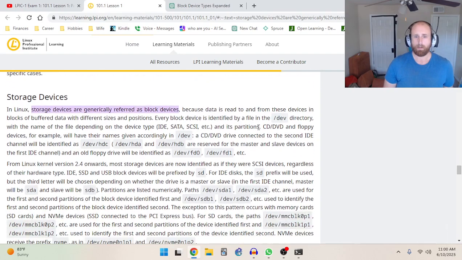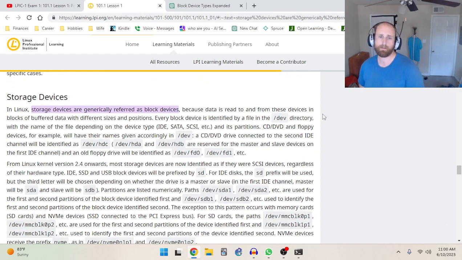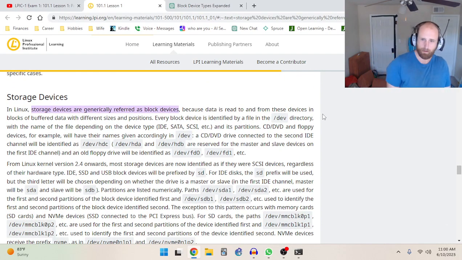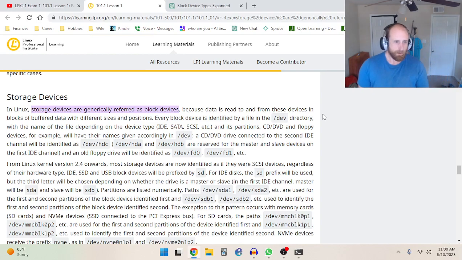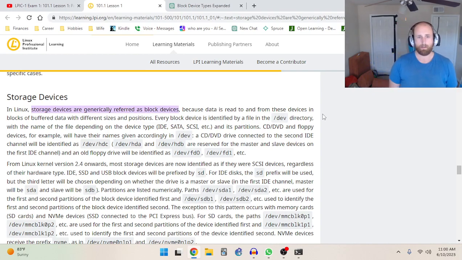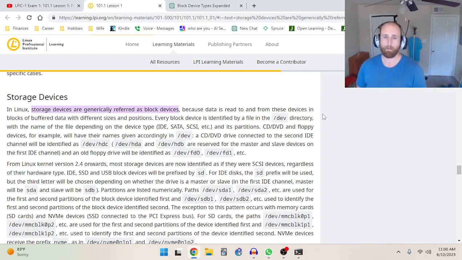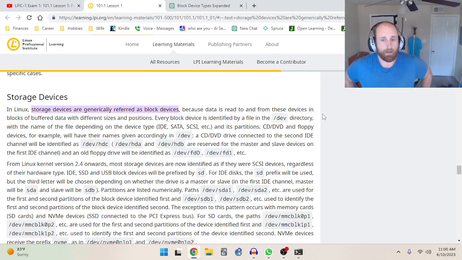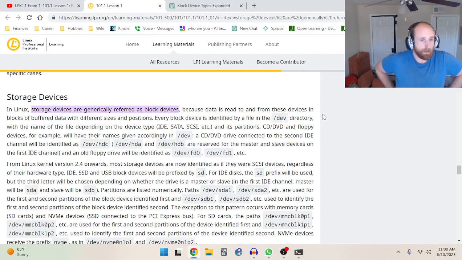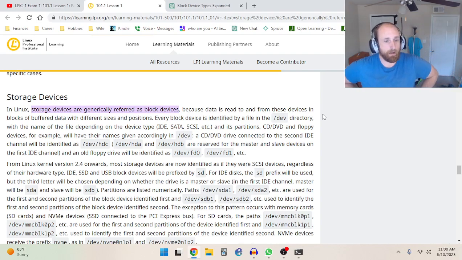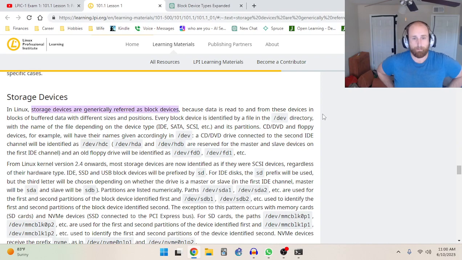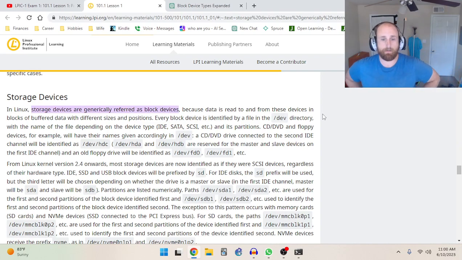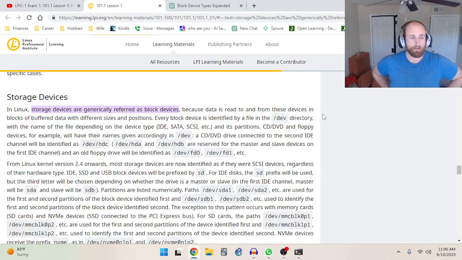Every block device is identified by a file in the /dev directory with the name of the file depending on the device type and its partitions. And its partitions is important to remember. CD/DVD and floppy devices, for example, will have their names given accordingly in /dev. A CD/DVD drive connected to the second IDE channel will be identified as